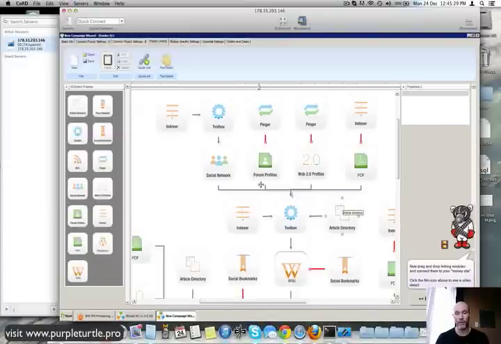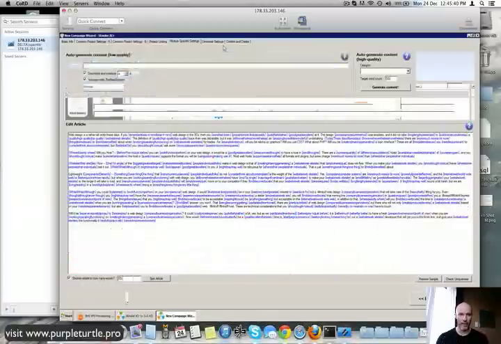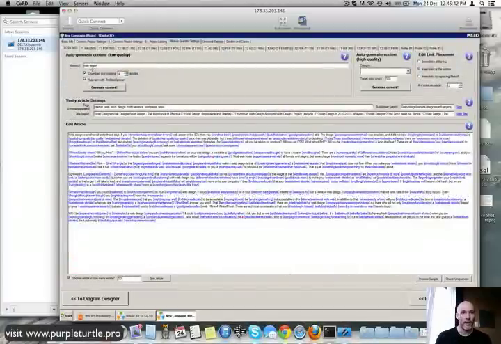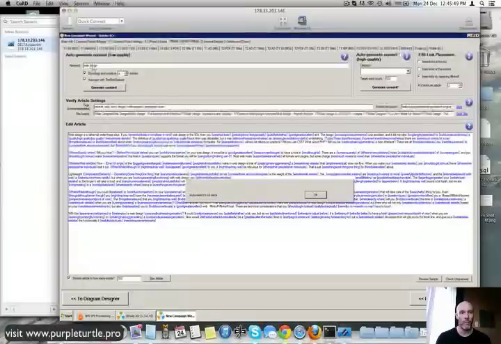Same with the article directories. If you want to throw a secondary bookmarking system into that, just drag it, drop it, throw the quick link in, boom, done. Okay, I'm not going to do that now, but here's where we get into the nitty gritty. Now, you see, they're all going to be web design. I'm going to click all these. See, web design. Web design. Okay. The other thing is